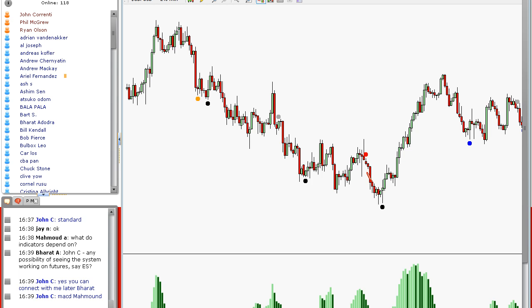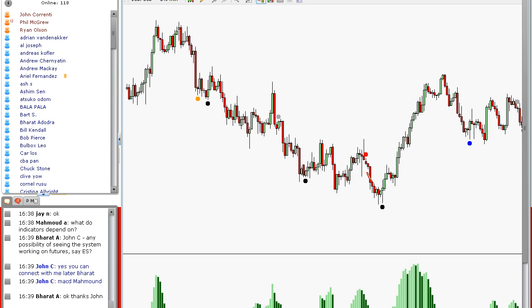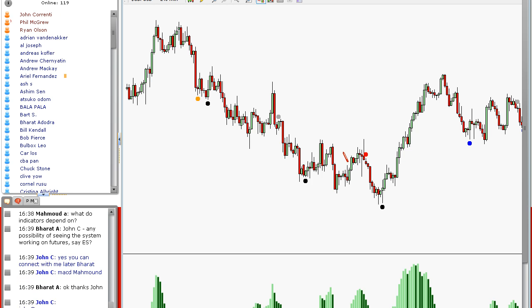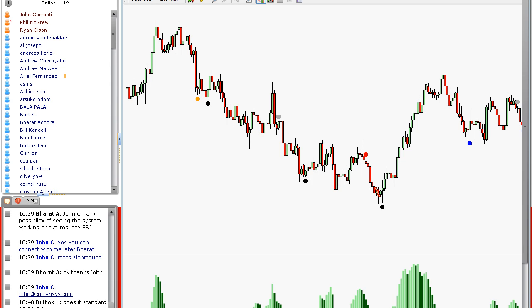Yeah. So this was not a huge winner. Maybe it was 30 pips, 50 pips, something like that. So not a huge winner, but the system did correctly call the fact that the market was trending down, and this was a trading opportunity to go short. Unfortunately, the market reversed. But again, you may have made a few pips here and nobody got hurt. Then we get a black dot to go long. So here's our long signal. You can see the MACD